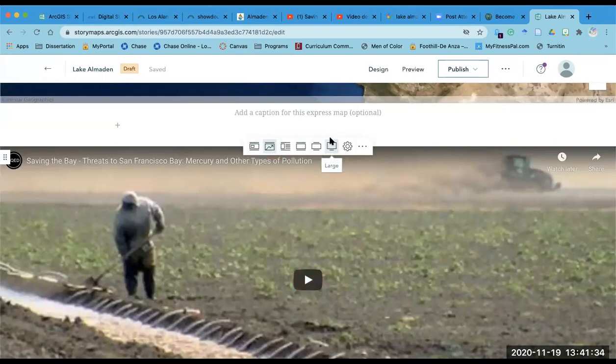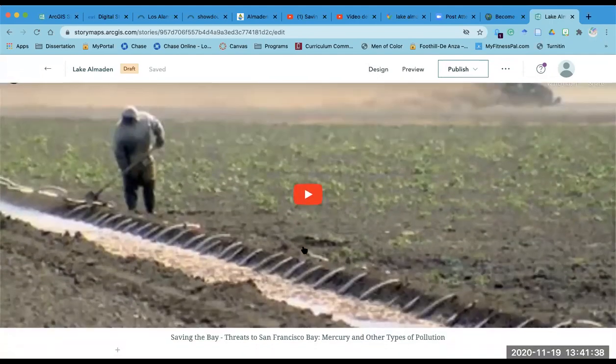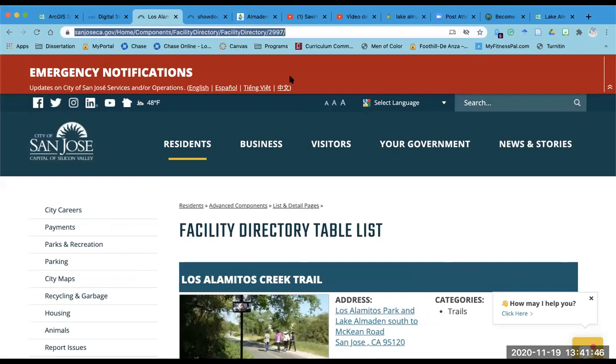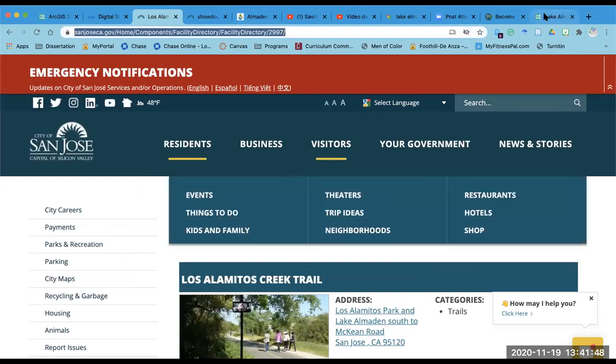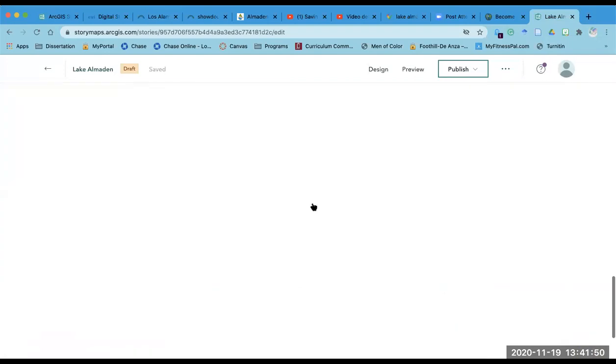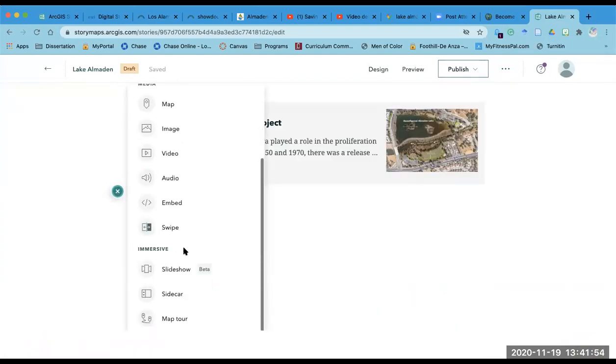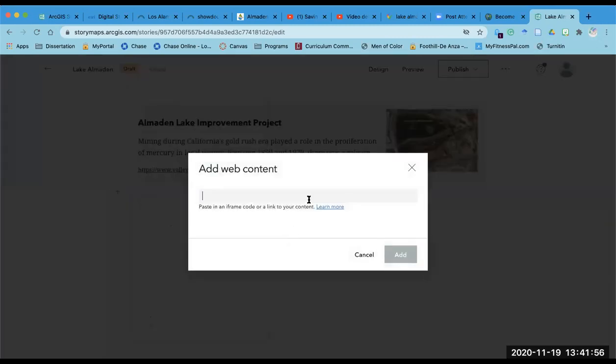And when it gives you the option of large, the website will actually be interactive. So let me see if the City of San Jose Los Alamitos webpage will be interactive. So I'm copying it. Try to embed it.